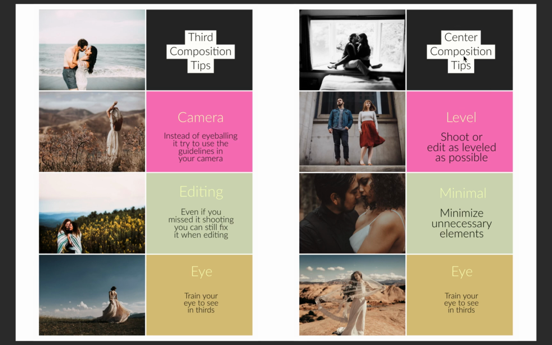So here's some center composition tips. Use the level inside of your camera or in Lightroom or just in the photo in some way to keep things level, okay? For center weighted compositions, this is extremely important because people are easily going to be able to see when and if your subject is off kilter there, okay? So again, Lightroom, your camera,